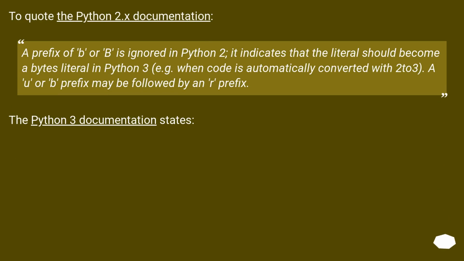To quote the Python 2.x documentation, a prefix of b or B is ignored in Python 2. It indicates that the literal should become a bytes literal in Python 3, for example when code is automatically converted with 2to3. A u or b prefix may be followed by an r prefix. The Python 3 documentation states,